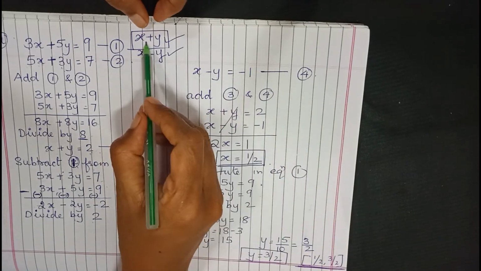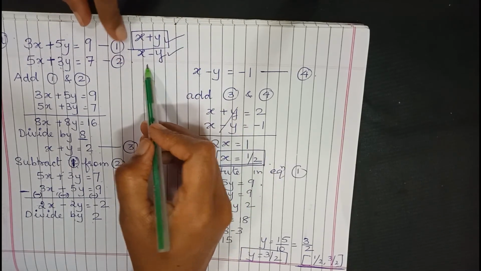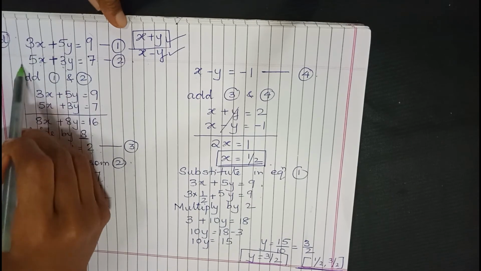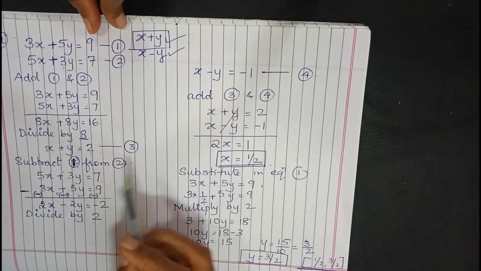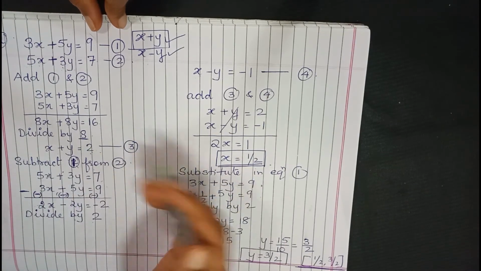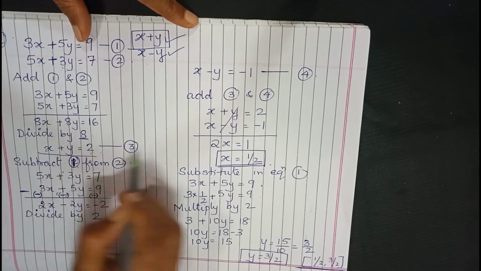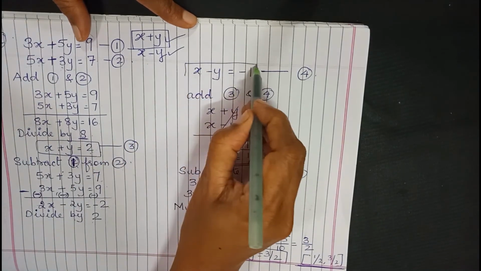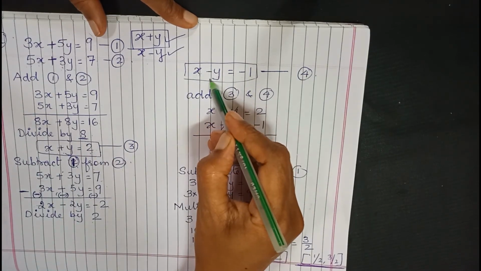So most of the time these types of questions are asked: find the value of x plus y, find the value of x minus y, and such numbers will be given where the coefficients are alternated between the x and the y. Now once you get these, if the question says further solve it and get the solution, now it becomes very easy. Now you can see the first equation is x plus y is equal to 2 and the second equation that I got is x minus y is equal to minus 1. So you can see one is plus y, one is minus y.